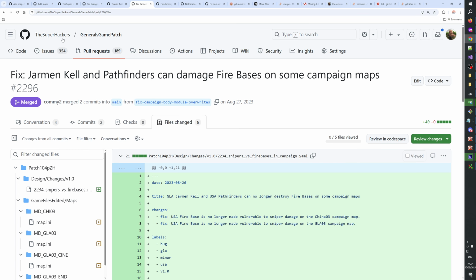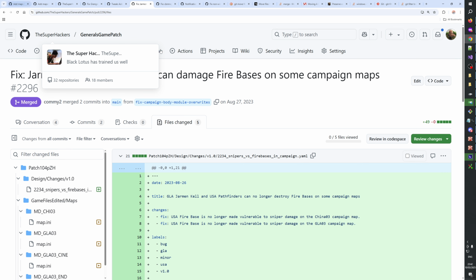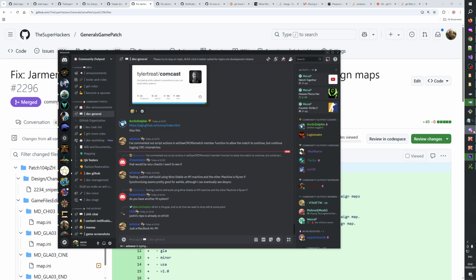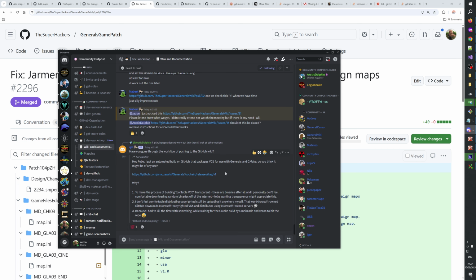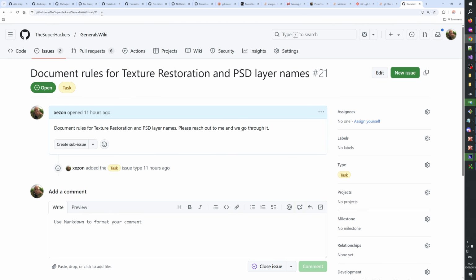Before we do that, there was one other thing that I wanted to look at. Wiki and documentation. So there is this report here. Oh, I actually wanted to look a bit into the Visual Studio 2022 solution, but there's just so much else to do as well. So here,